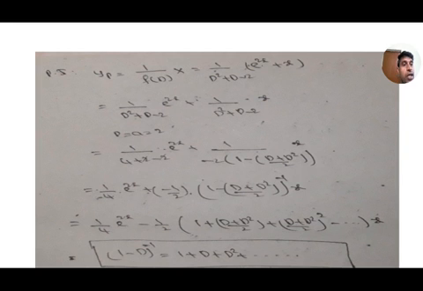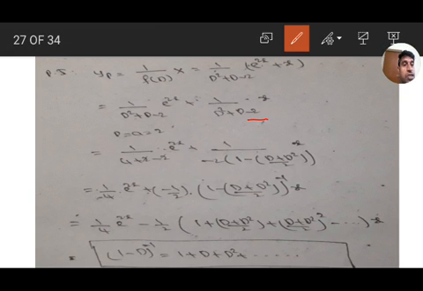And for the particular integral, we have two terms, e to the power of 2x plus x. So separate them: the first one is e to the power of 2x, the second one is x. For e to the power of 2x, d equals a, that is 2. Substituting, we get 1 by 4 e to the power of 2x. And here the lowest term is minus 2. Take minus 2 as the common factor and convert it into 1 minus d plus d square by 2, and bring this into the numerator whole to the power of minus 1. Expand using 1 minus d whole to the power of minus 1. We get all the pluses, 1 plus d square by 2, and here we have x to the power 1 only, so up to d only.